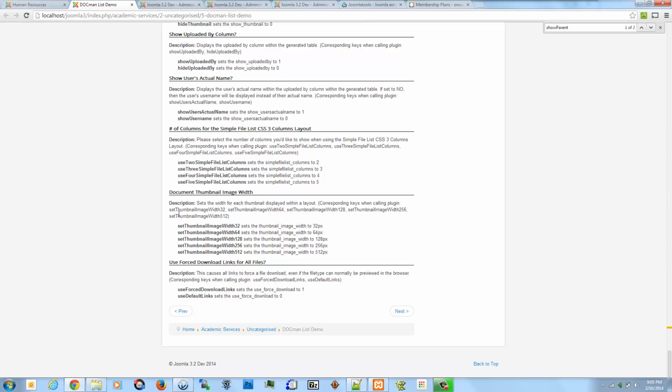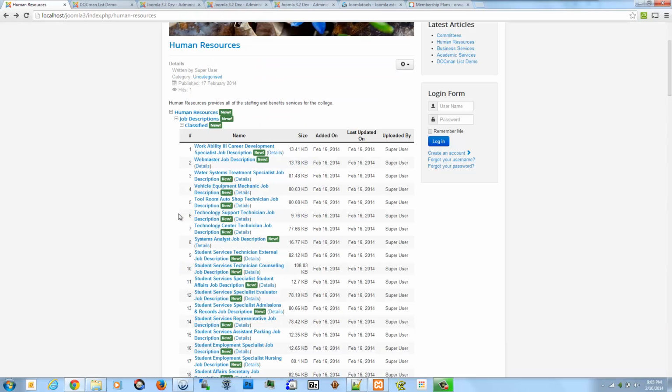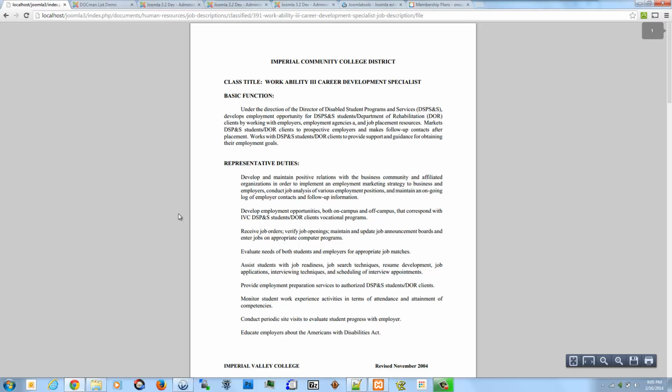But I did add in version 2.6.4 of the plugin this new use forced download link option. So right here, forced download link will take you, the regular link will view the file in the browser. If I turn on the use forced download link,